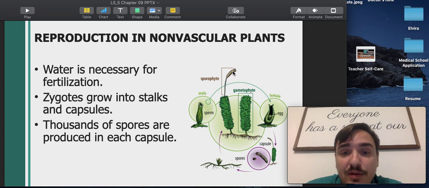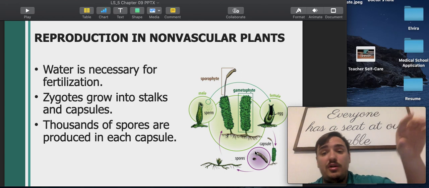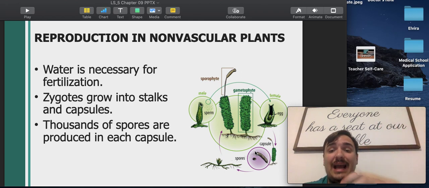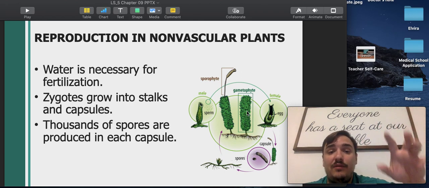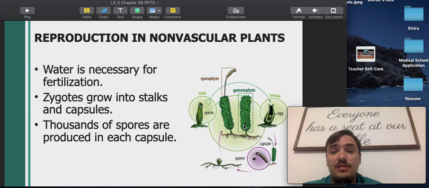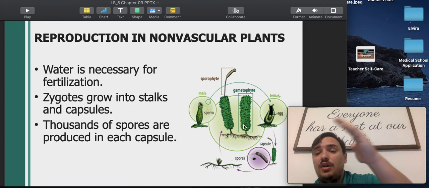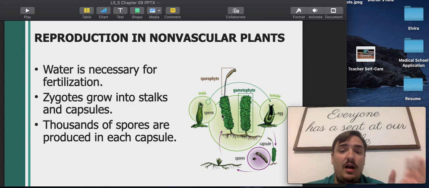Once those spores are produced, eventually that capsule is going to open up and release those spores. Those spores will land down in the soil, and the spores will grow into the gametophyte stage, and that process continues. So you've got the gametophyte stage, water rushes over the gametophyte stage, the sperm is carried